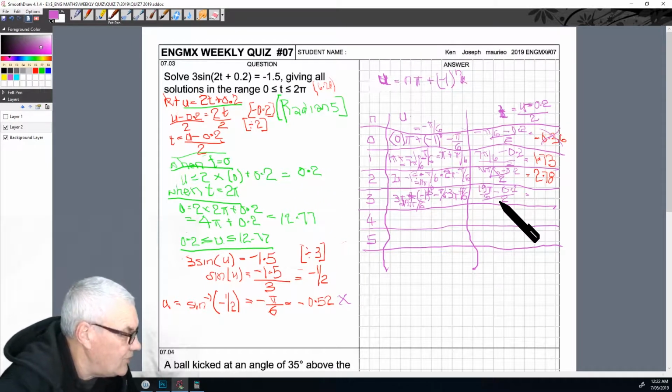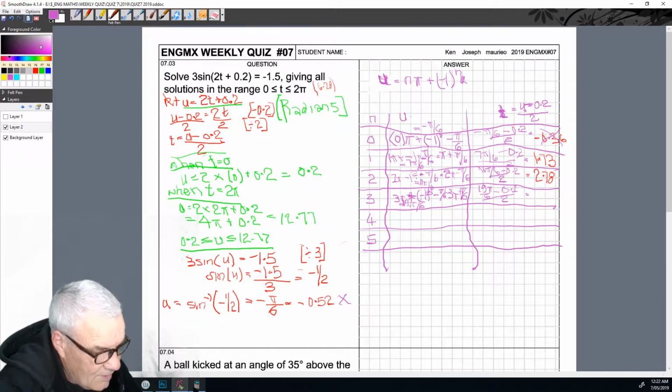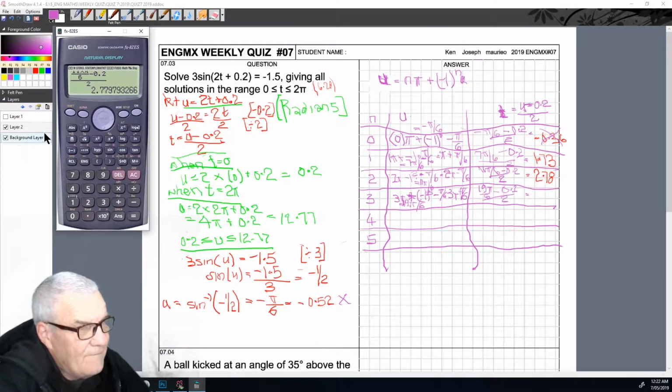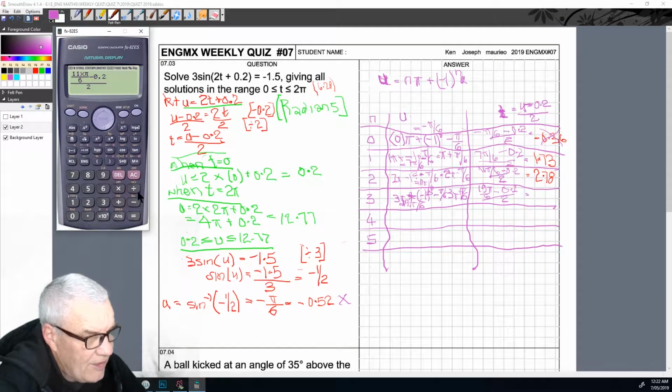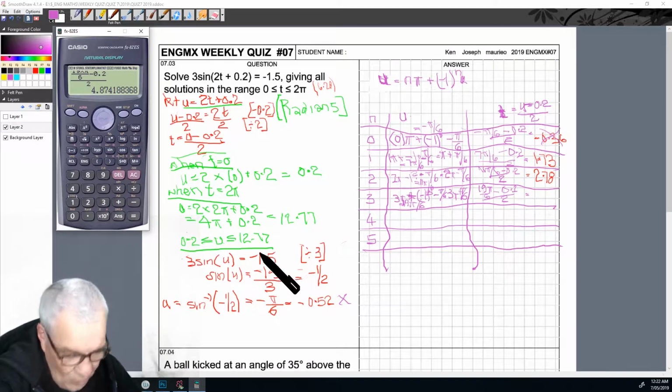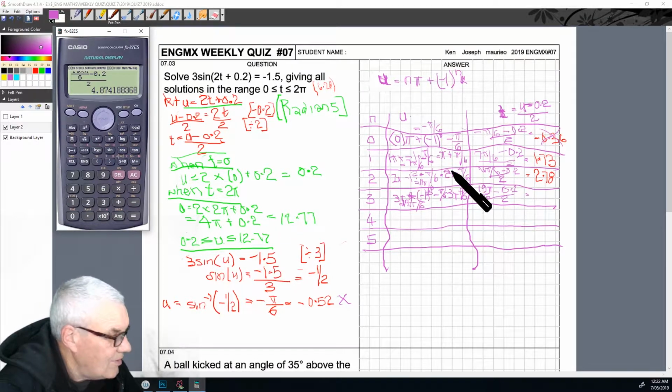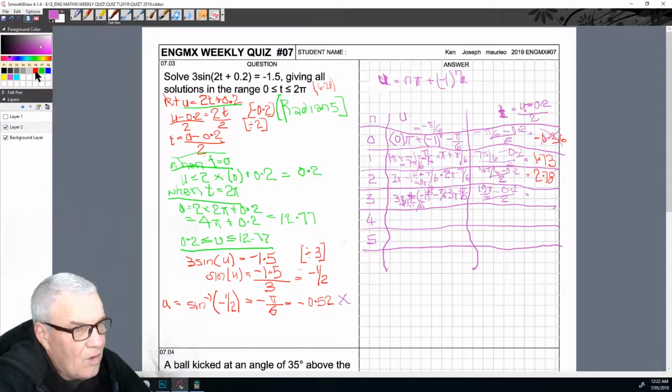And that's going to equal, so we can change that to a 9 and equals 4.87. Okay,